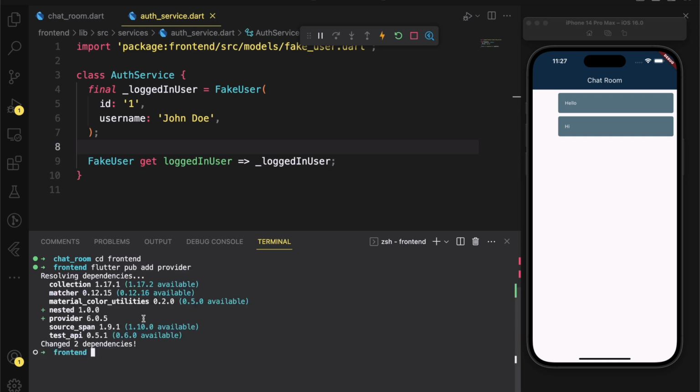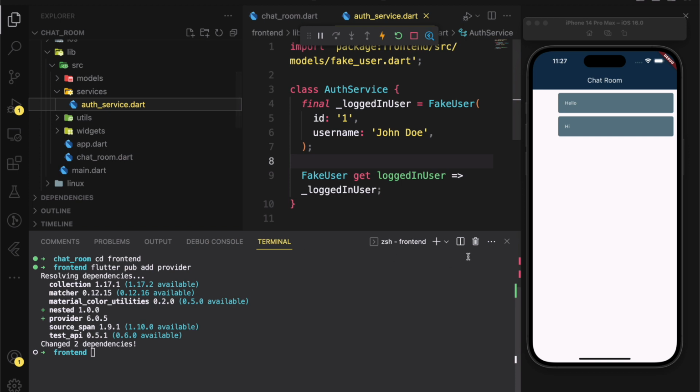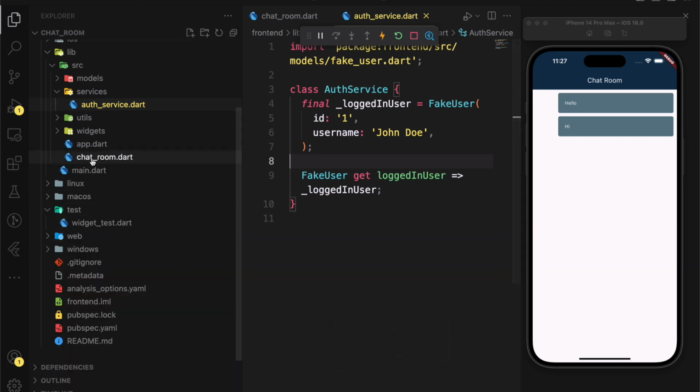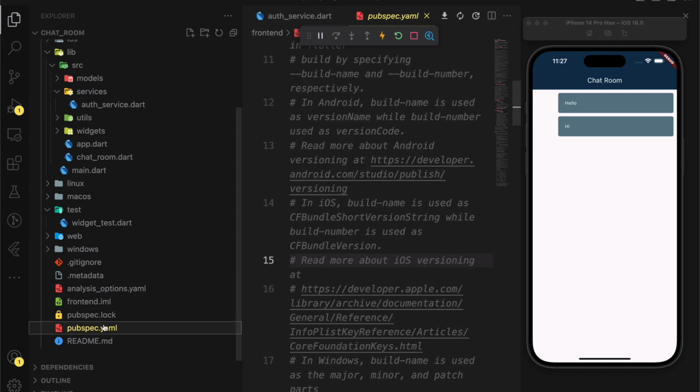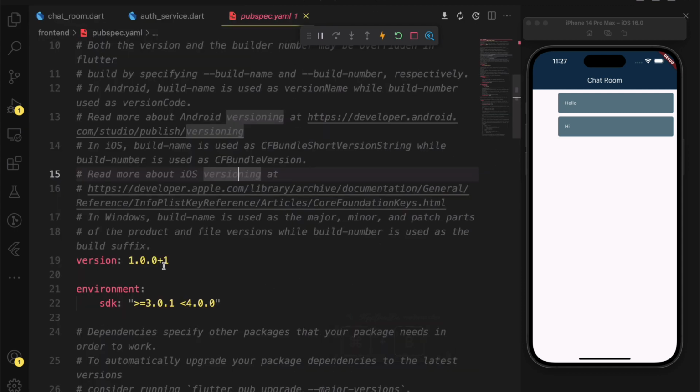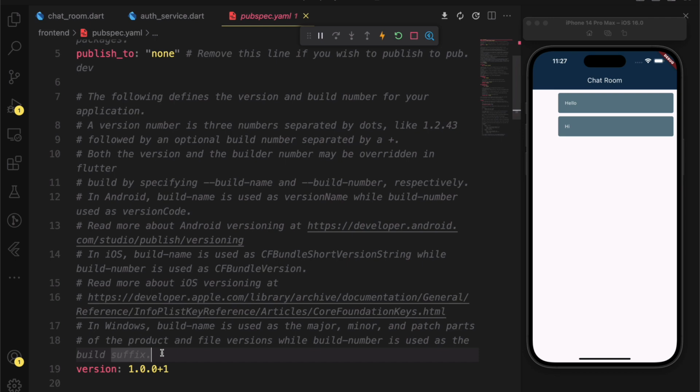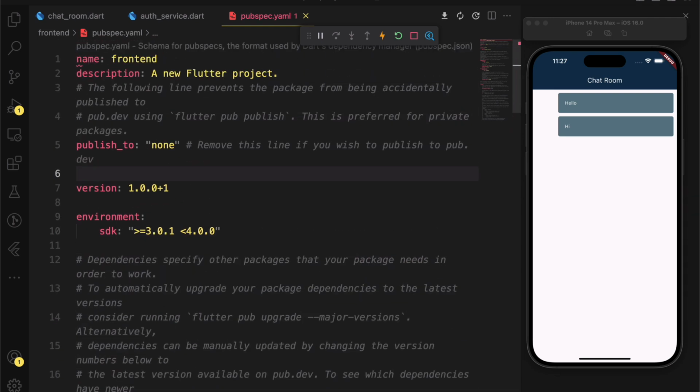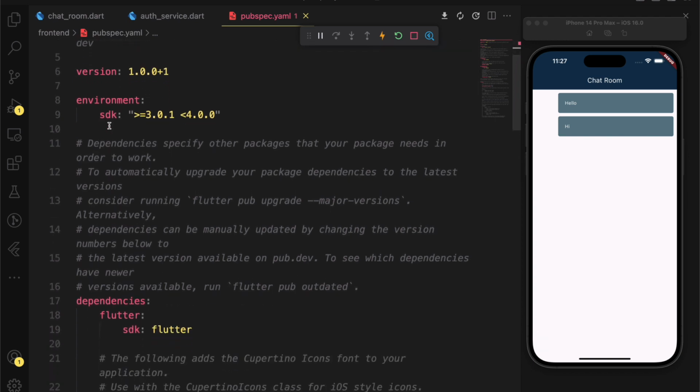Then you can paste the code, run it, and you're going to have it installed. Once it's been installed, let's close up all of these things and head over to the pubspec just to confirm that it's been installed.